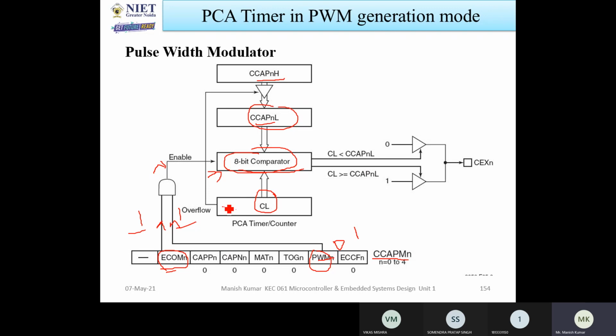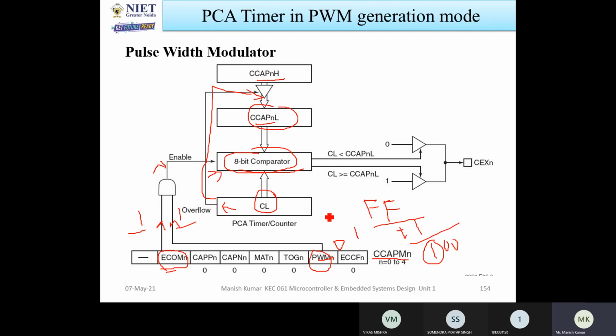Now if overflow happens, what is the maximum value of 8-bit registers? That is FF. So if it is incremented from FF, then what will happen? It becomes 100. So this bit is the overflow bit, and this is defined as the CCAPnH. So what happens is we compare only 8 bits of both. If more than 8 bits comes, it will indicate that it is overflowing